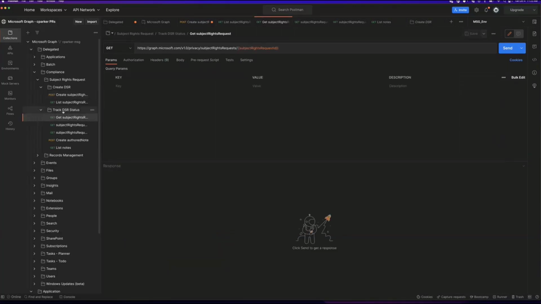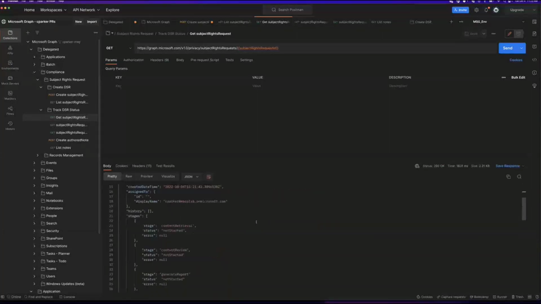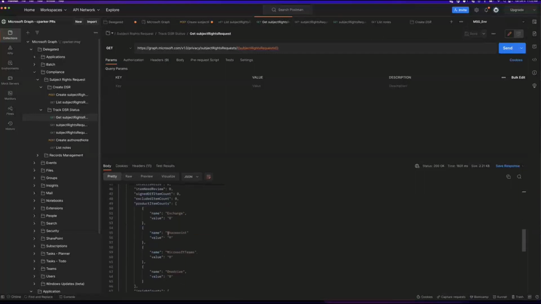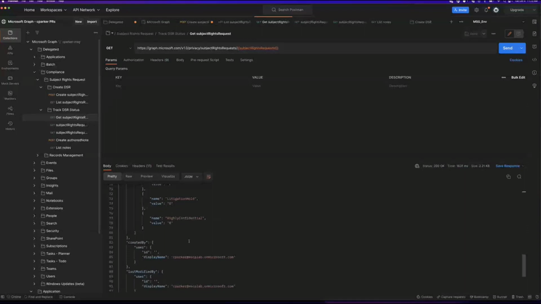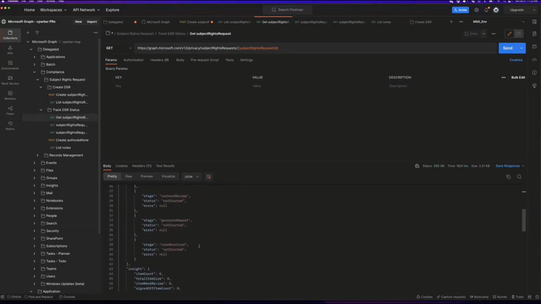All right, and so moving on to tracking the status of that SRR. Again, we've populated this variable with the SRR that we just recently created. So we want to get details about that specific SRR, not list out the full list of the several SRRs that we saw in the portal. You can see here we've got the various stages, so that you can check information about the status of this request. You kind of saw a little bit about that in the response of the SRR that was just created, but you can also use this GET SRR request to see the status of that request.